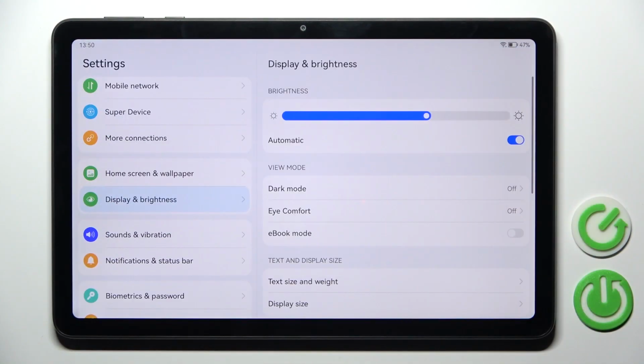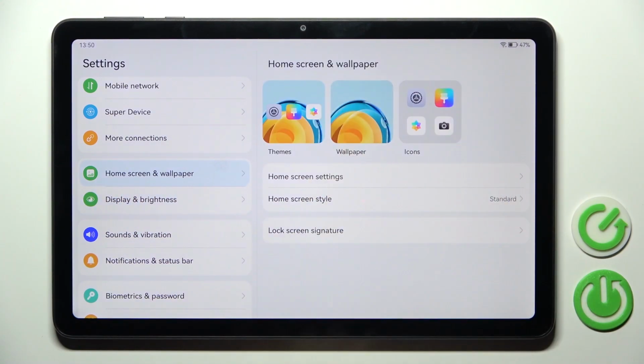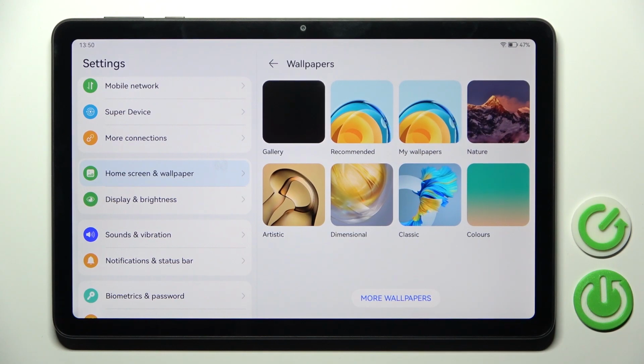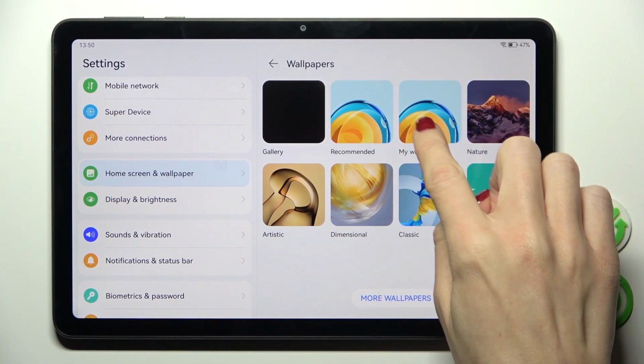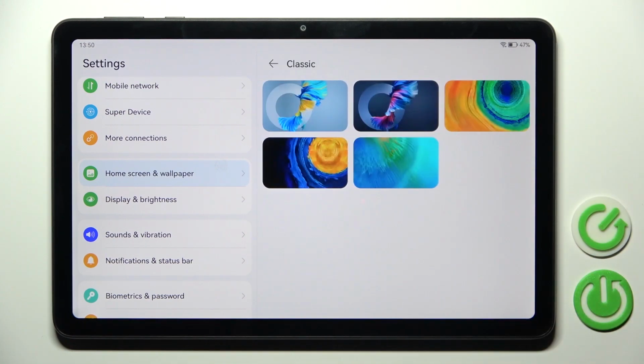So at first, open the settings, then find and select home screen and wallpaper, click on wallpaper, and now you can select the album from which you want to select your picture. For example, let me choose my wallpapers. Actually, there's just one, so let's go to classic, choose the one that you want to apply, for example this one,